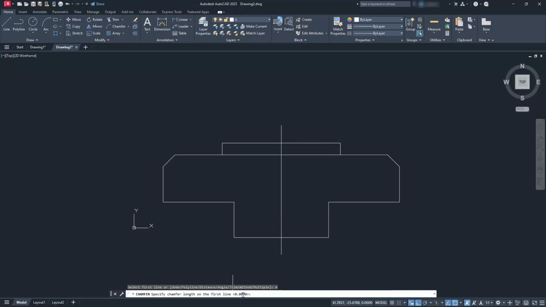So if I go to angle, all we're doing is reading the command line. It says, give me the chamfer length of the first line. That number is going to be, in this case, 3. And then it says, give me the angle from the distance of the next line, right? So if I type in 45 here and go ahead and hit enter, and then I'm going to say that I have multiple. So once I do here and come to here and here, it's going to give me the